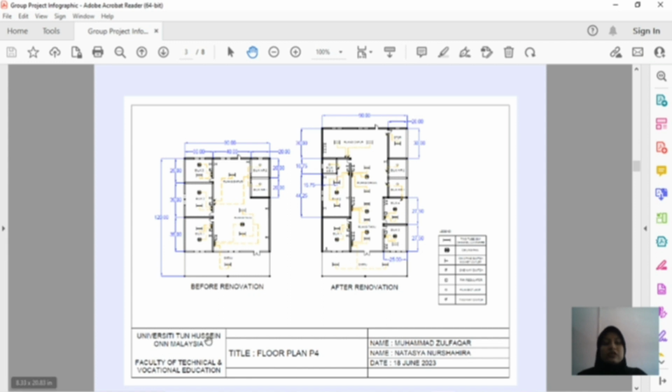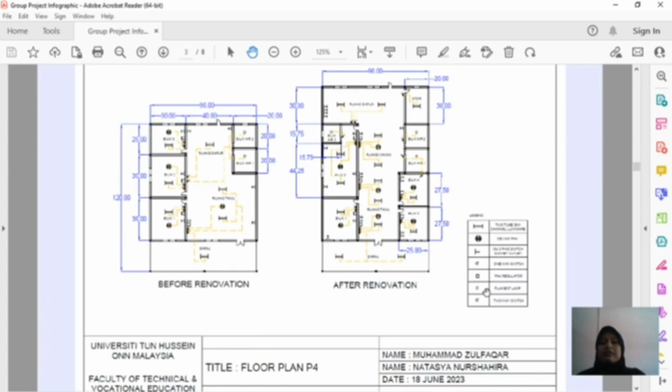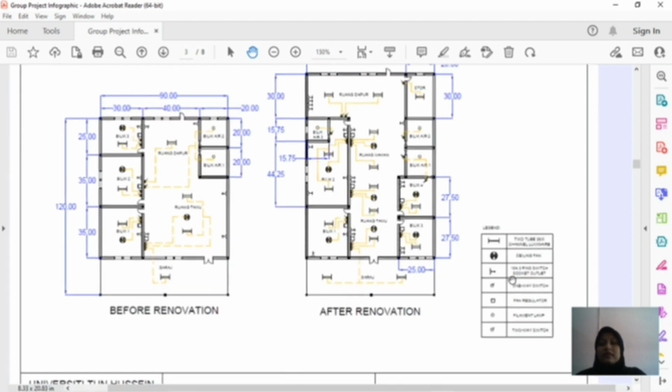So, the title block, University Tun Hussein Onn Malaysia, Faculty of Technical and Vocational Education, which is our faculty FPTV. Title, Floor Plan P4, which is our group P4. Names, Muhammad Zulfaqar and Natasya Nurshahira. Date, 18 June 2023. So, we look at the legend of the